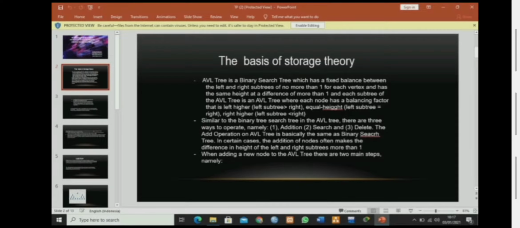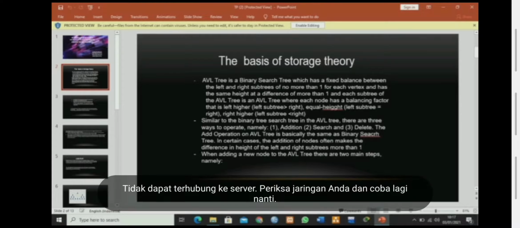Similar to the binary search tree, in the AVL tree